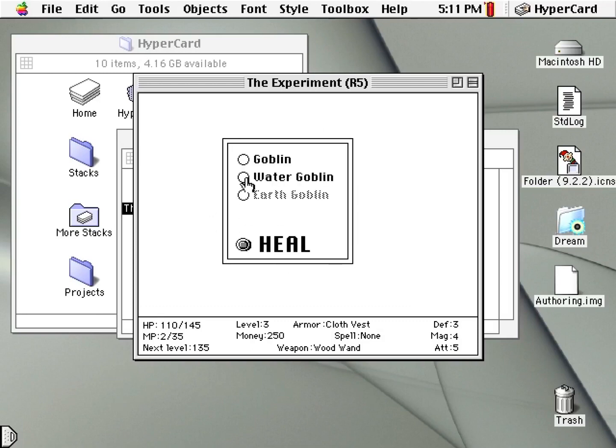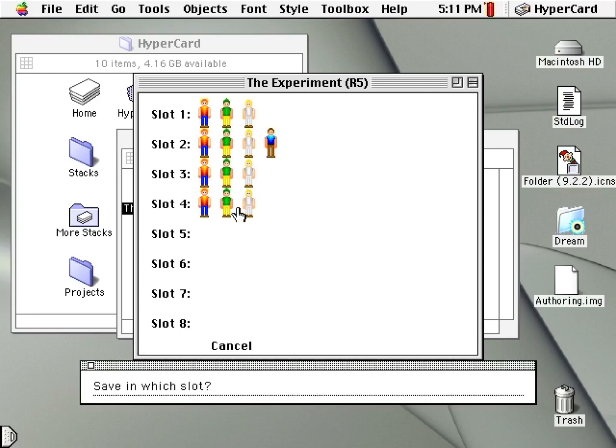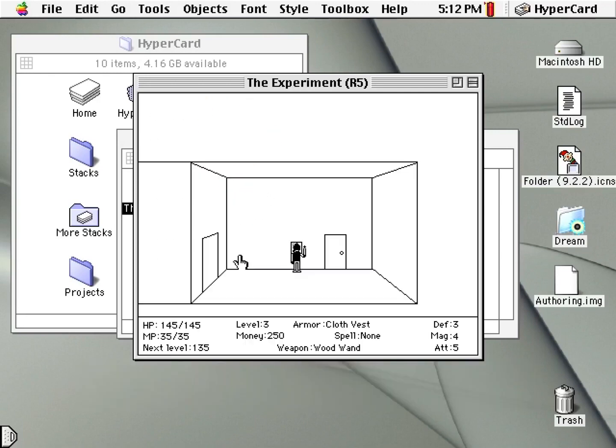Oh hey, Water Goblin is available! Okay, so I guess I have to be a certain level for that. So those do exist. Maybe. I'm gonna save before I do that. I don't know what's implemented and what's not. Like I had...